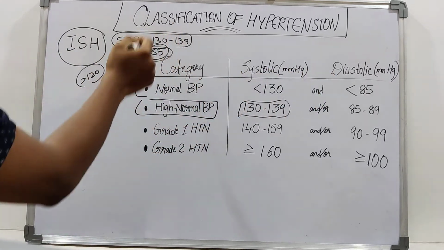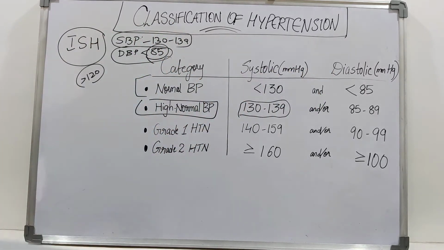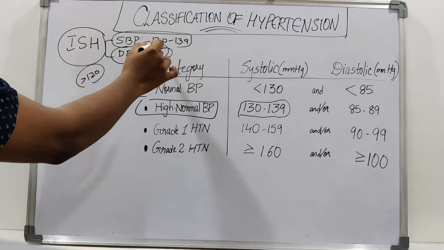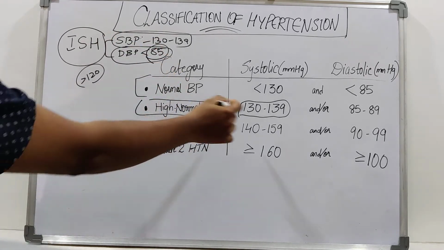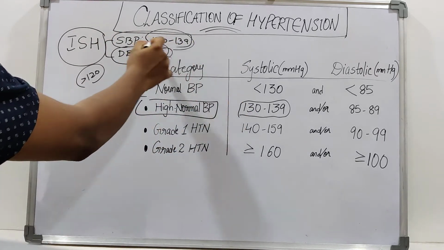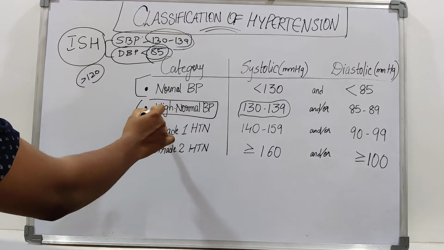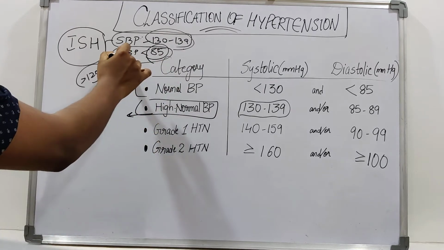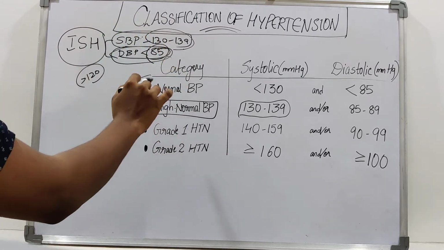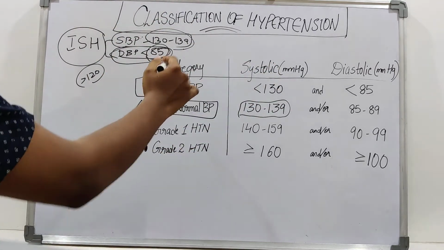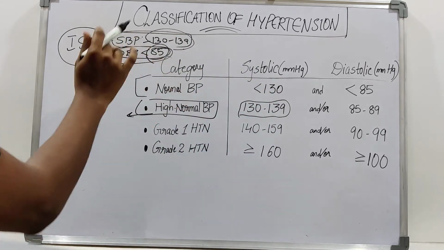So, under which category must we consider this type of patients? This type of patients must be considered into the higher value, that is, whichever value is higher. If systolic blood pressure is higher, the patient should be considered into this stage. If diastolic blood pressure is higher, the patient must be considered into the diastolic blood pressure range. So whichever is higher, that must be taken into account.